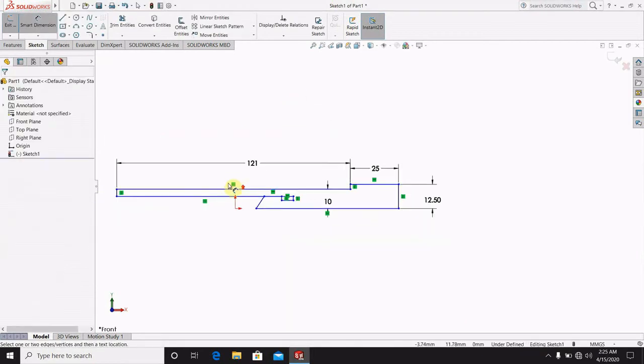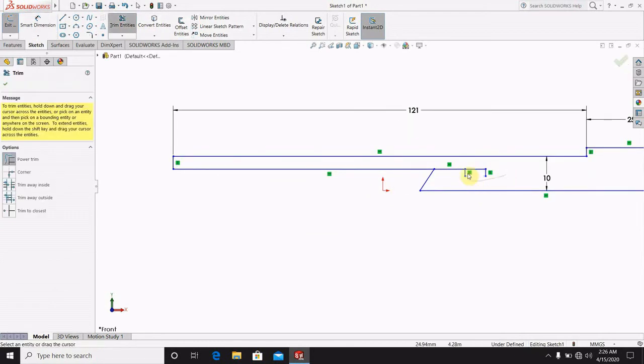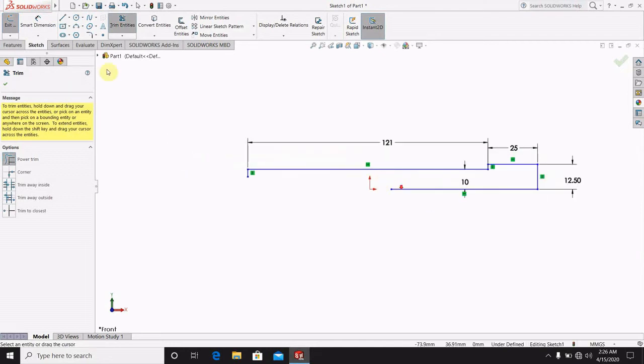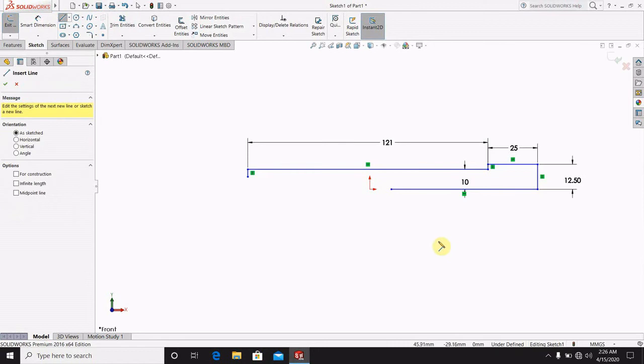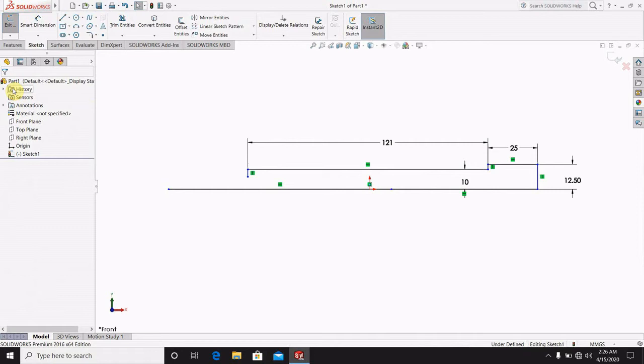Oh sorry, this became large. Just I'm trimming this part here. Okay, just make it from here, just make it large. Okay, not that much problem. That is 121,